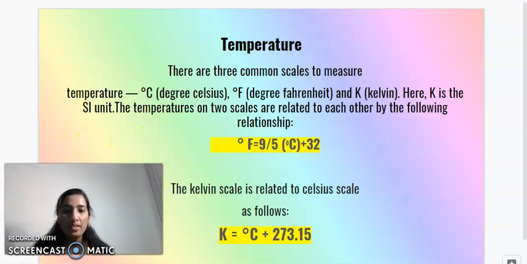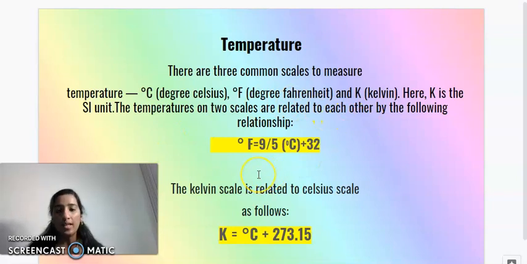Now the temperatures on two scales are related to each other. We can convert the temperature from Fahrenheit to degree Celsius or Kelvin to degree Celsius. The relationship between Fahrenheit and degree Celsius is, if you want to convert into Fahrenheit, 9/5 of the temperature in degree Celsius plus 32. If you do this calculation, you can convert the temperature into Fahrenheit. And to convert into Kelvin, if we know the temperature in degree Celsius, we have to add